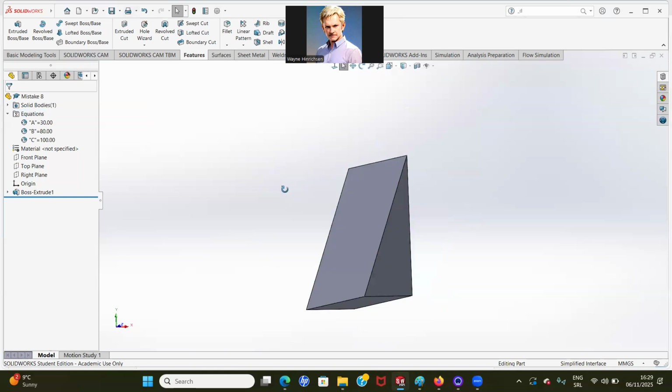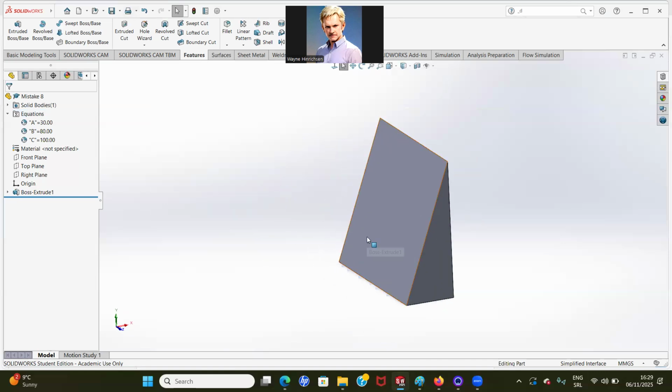And that's how, when you have a lot of dimensions where one depends on another, you just define these global variables and equations, which define relations between variables, and then you can easily change these things, right? You don't have to go one by one and change each dimension separately. So this is